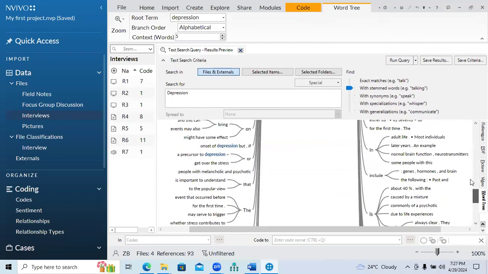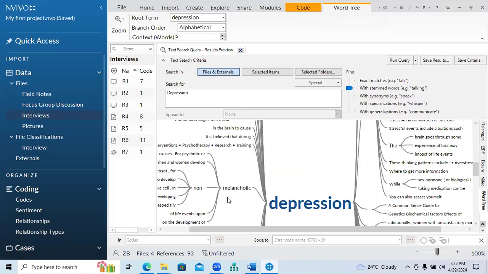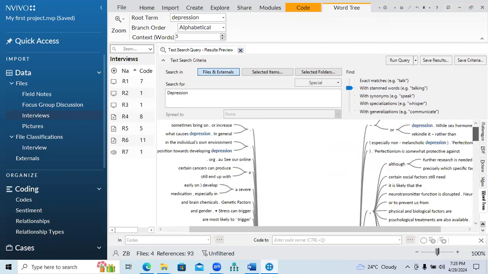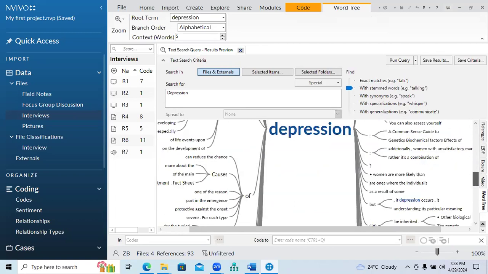It will show you the word depression, what sentences or what sort of words come before the word depression and what sort of words come after it. So this is the word tree. This is one of the important outputs that you can use. For example,